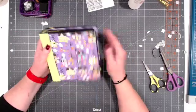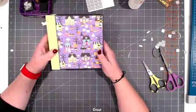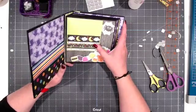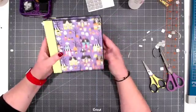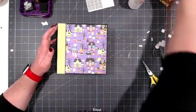But you could do this type of album with pretty much any collection, and it comes together really fast for something where maybe you don't have tons and tons of pictures, but you've got enough that you want somewhere special to put them. So all I'm going to do on the front here,